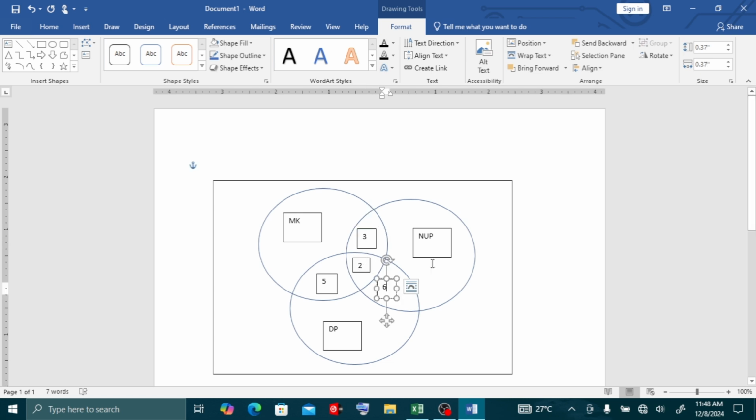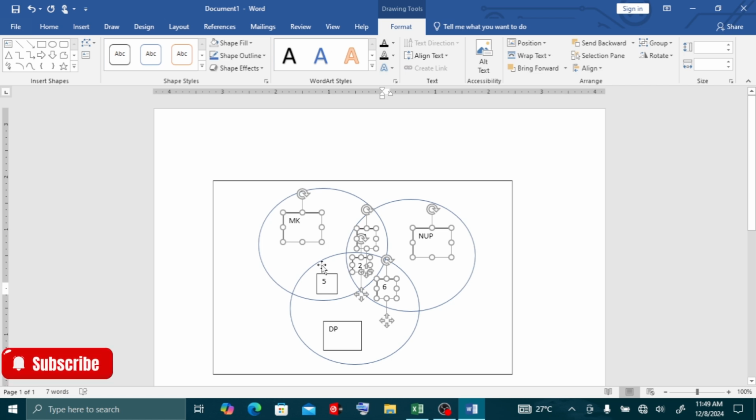The next step is to remove the text box. To remove the text box, you select them. You bring the cursor, and once it turns into a four-arrow, you control and click to select it. You wait for the cursor to turn into the four-arrow, then click. You control and click. Even this one, we should remove it.